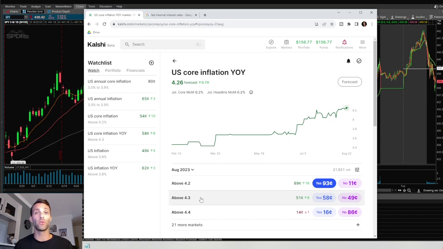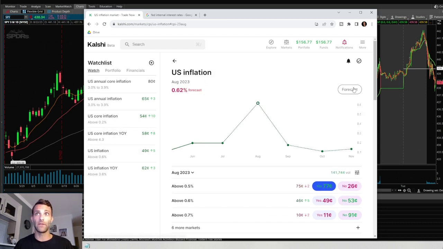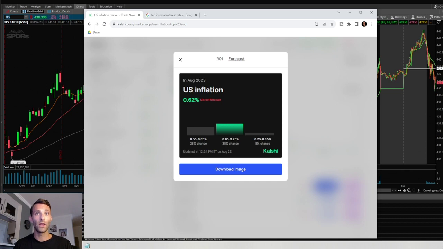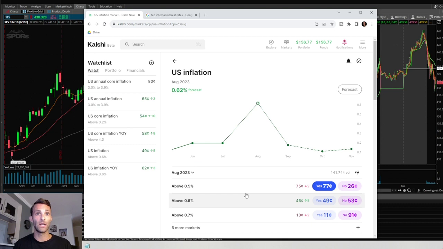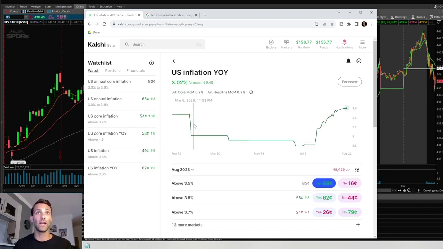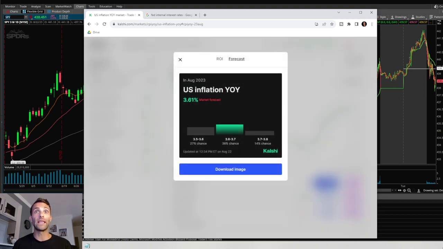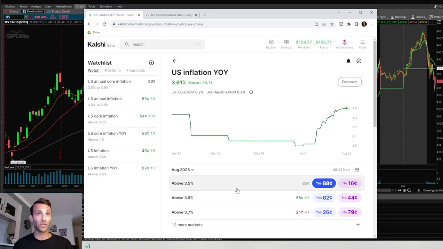shares on above 4.3. And now US inflation, clicking on that event contract, going into the forecast, 38% chance, 0.65 to 0.75%. So a pretty simple way to structure this trade would be the yes shares on above 0.5% and above 0.6%. Now the last one, US inflation year over year, clicking on the event contract, going into the forecast, it says a 36% chance at 3.6 to 3.7. So a pretty simple way to structure this is the yes shares on above 3.5% and above 3.6%, which are